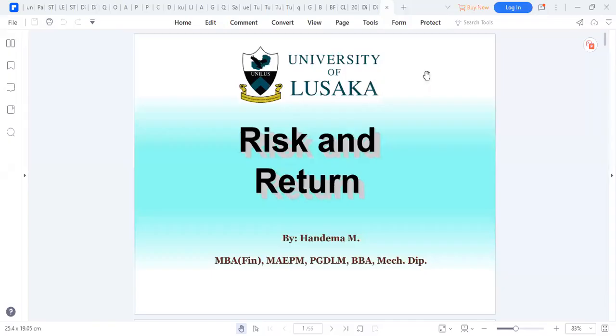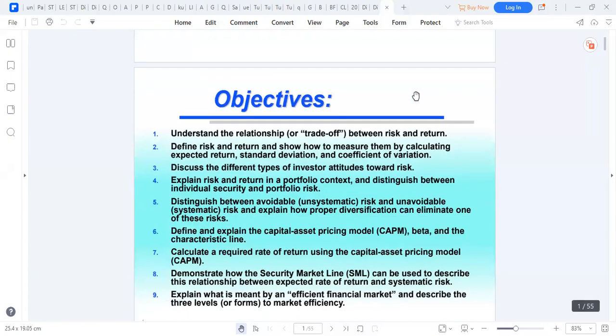So we're going to look at risk and return. By the end of this lesson, we must be able to understand the relationship between risk and return, defining what risk is and how risk can be measured. We'll also discuss the different types of investors and their attitude towards risk to ascertain what type of investor will